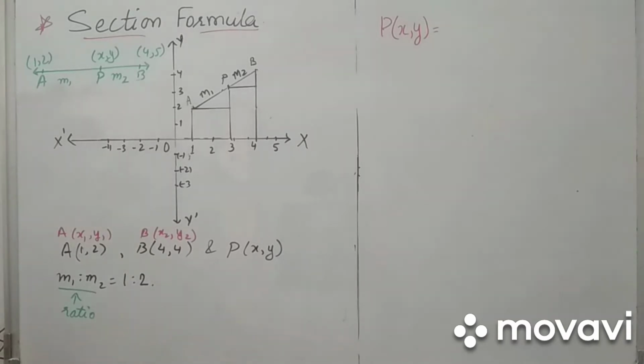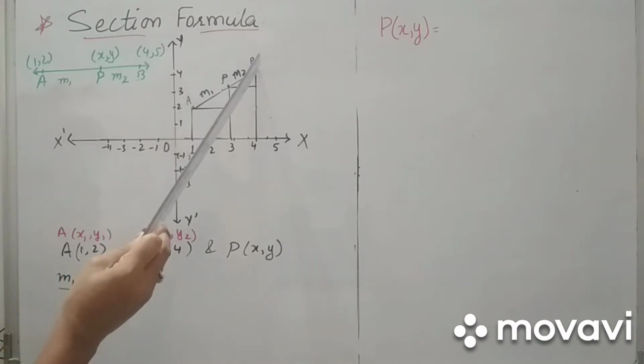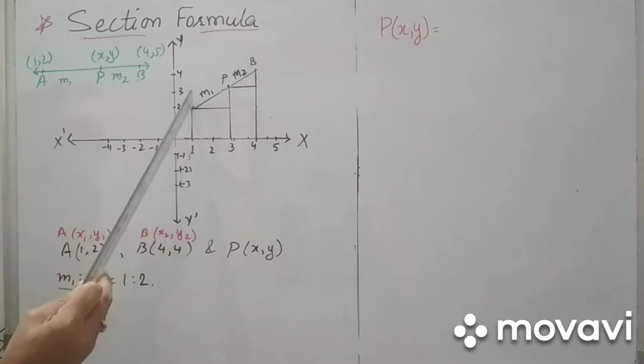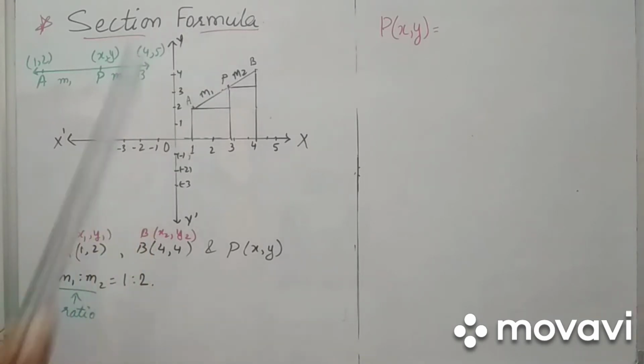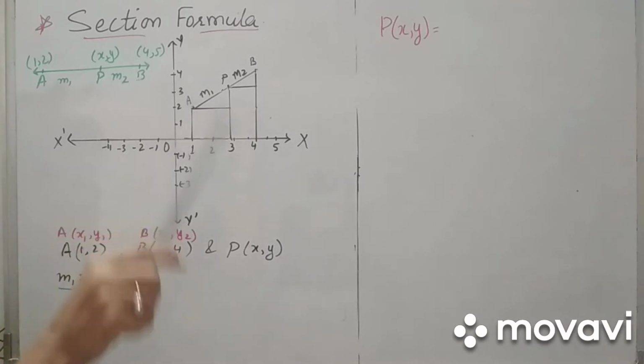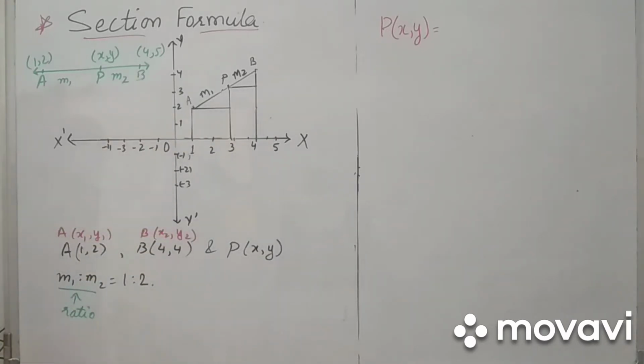Now see. A coordinate, B coordinate and a distance formula we can apply. Now this line AB is divided in a ratio M1 is to M2, in the ratio 1 is to 2. Correct? So it's a somewhat long process, but we are not going into its derivation. But to represent it, I am just having a framework so that we will get some idea how to deal with it.